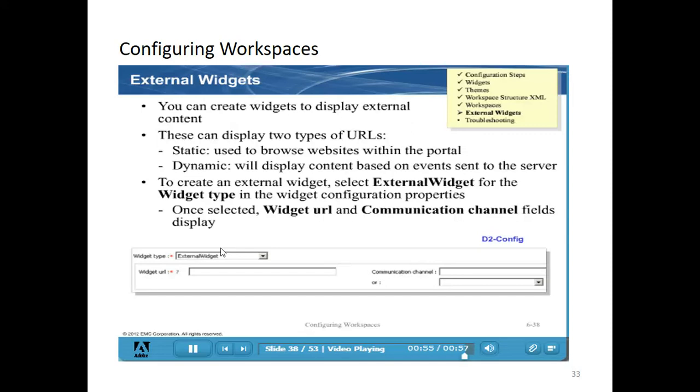Okay, let's see an example of an external widget. External widget is mainly used to display external web portals or dynamic external web portals. Dynamic external widgets are also there; we will see that later. For example, some other company's website is there. In an external web portal, if you map that company web page in the D2 application itself, you can click that and navigate to that external web portal. Or else you want to see some dynamic web portal based on an auto search.